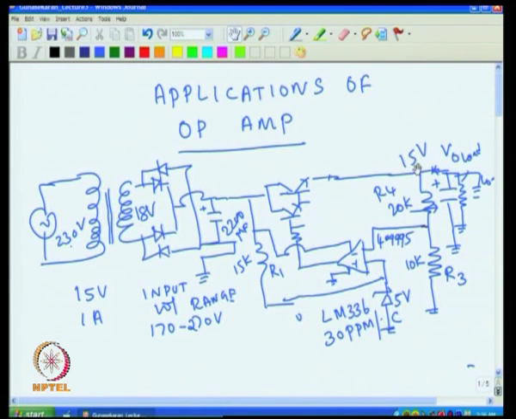If this voltage goes up, then this will go up, and the difference between these two comes down, and that makes the output reduce, and that reduces this also. Suppose this goes lower, then the difference between these two increases and the output increases, and that pushes the output to go high. So, eventually this settles at close to 15 volt. This is how the voltage regulator is working, and we discussed this in the previous class. I also explained how to select this resistance value, and how to select the secondary rating for the transformer.